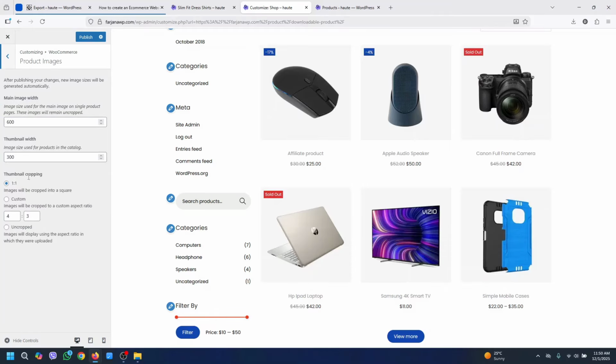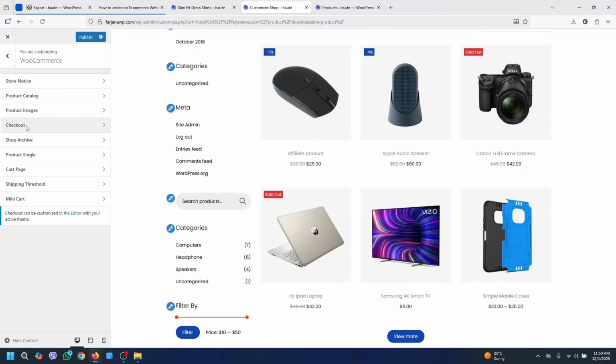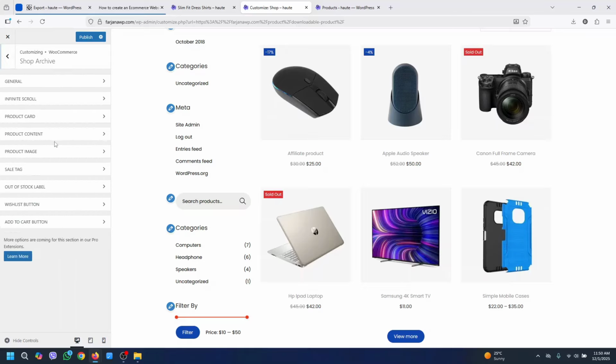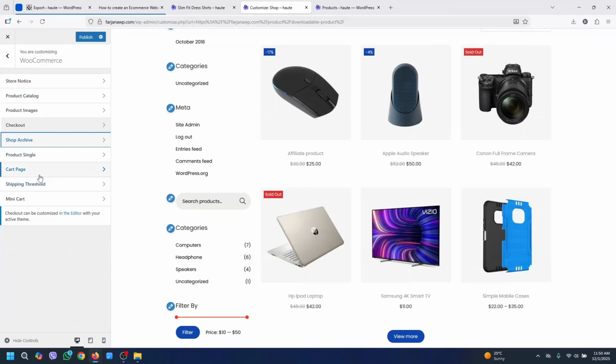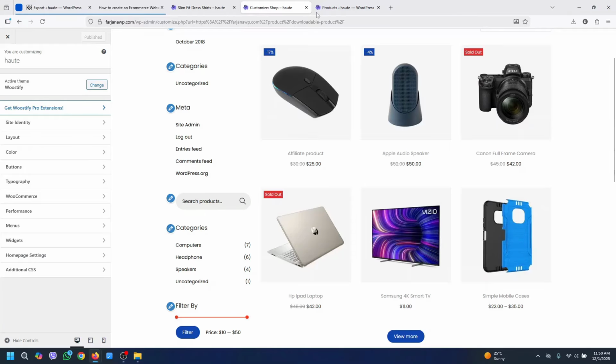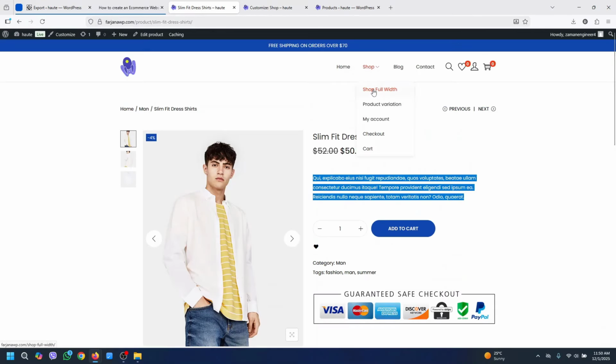Product image, the image ratio, and checkout page, shop archive, cart page, shipping threshold, and mini cart. So we can customize all of it as per our need. Now saving it, and again going back to our shop,